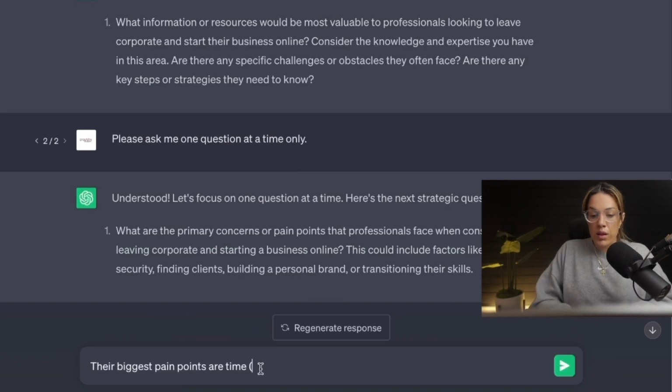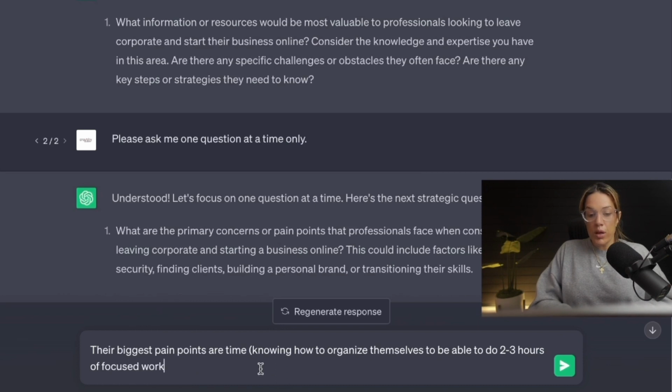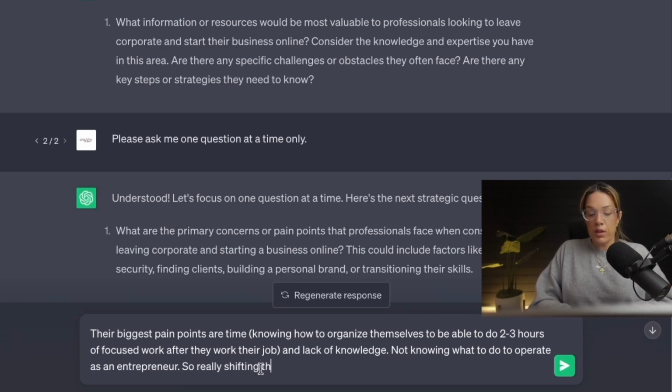Time, knowing how to organize themselves to be able to do 2 to 3 hours of focused work after they work their job. And so really shifting that employee mindset to one of an entrepreneur.